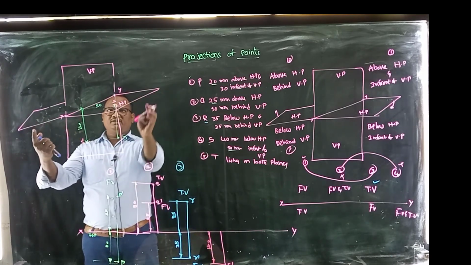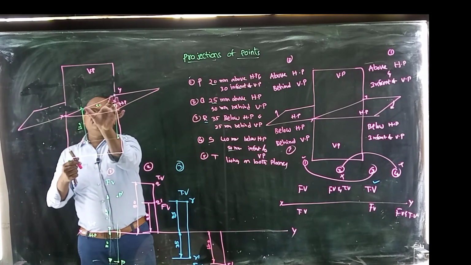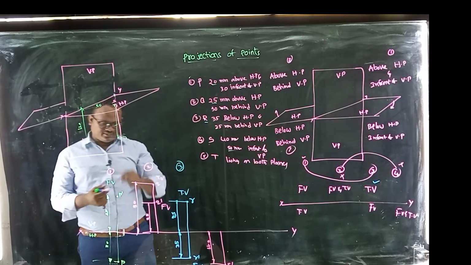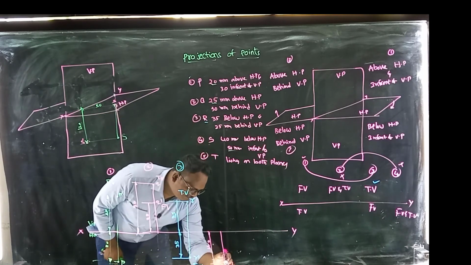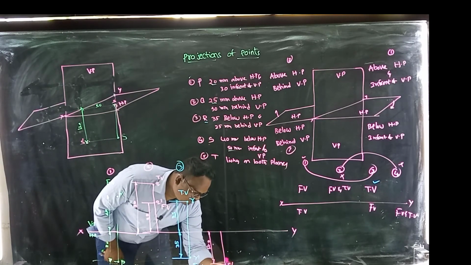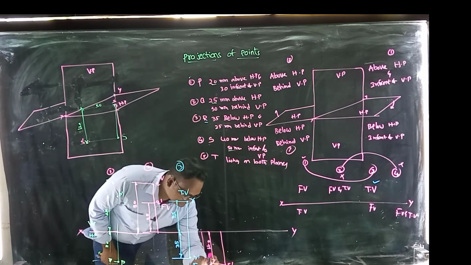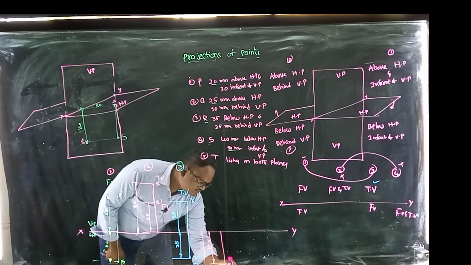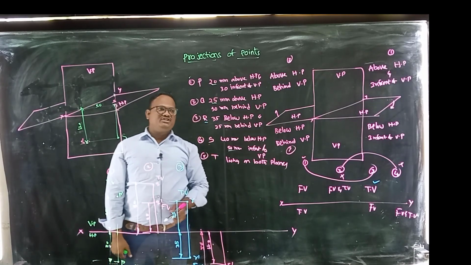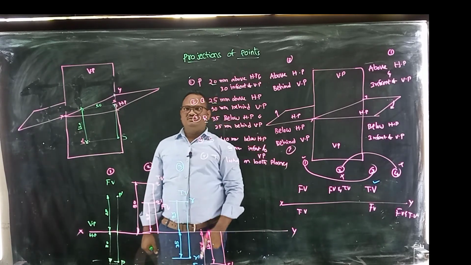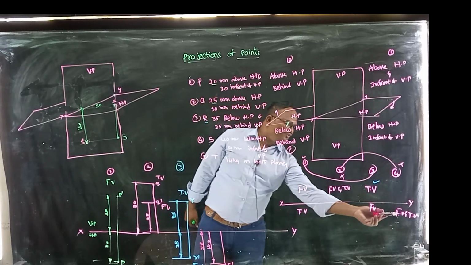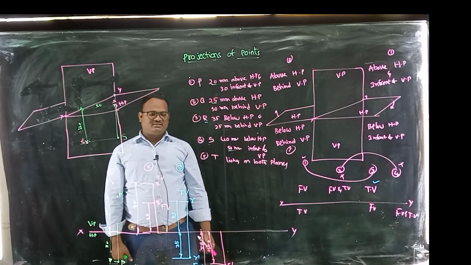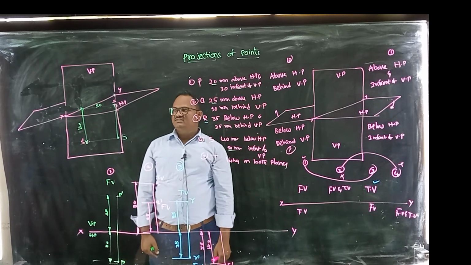Next we have to tilt HP like this. So this 50 mm again comes downwards, okay, lying in the same straight line. So already 40 is there. Next 10 mm, that is small s. So this is 50 mm only. Okay, so this is the top view. So what is the condition? In the fourth angle projection, both front view and top view we have to get below the reference line. That's why this condition is also satisfied.